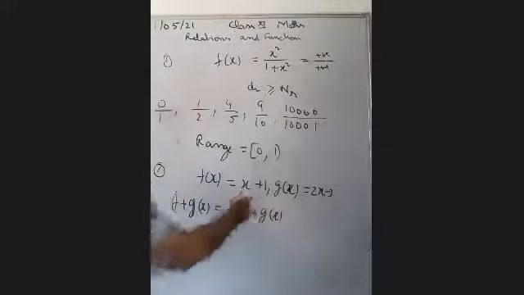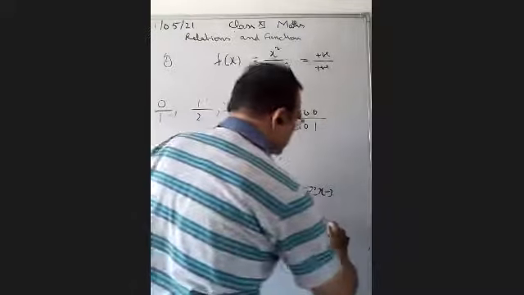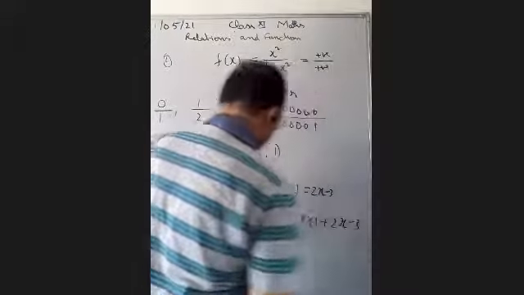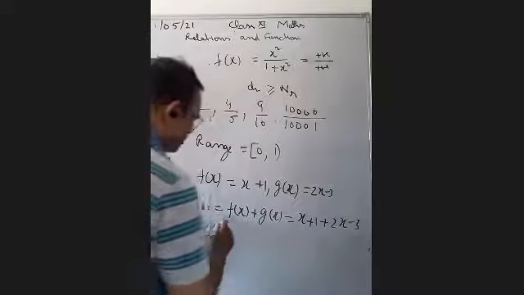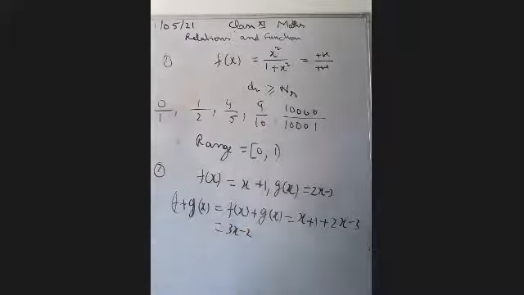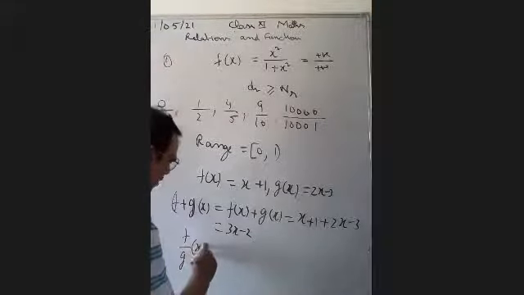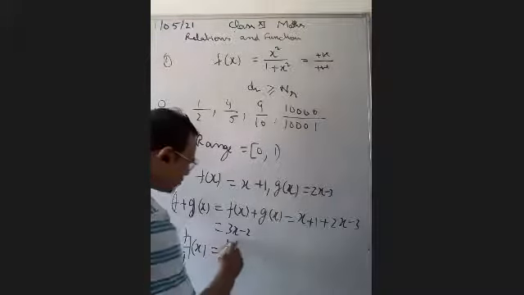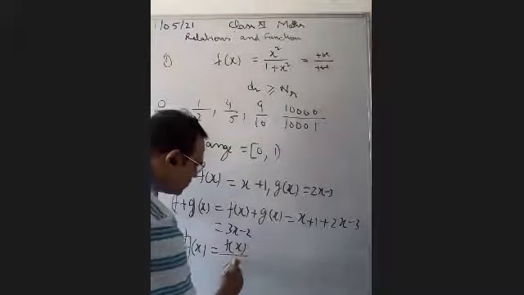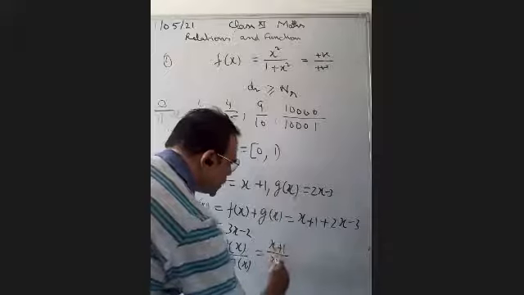ठीक है. The value of fx is equal to x plus 1. The value of gx is equal to 2x minus 3. यानी कि the answer will be equal to 3x minus 2. ठीक है. If you want to find out the f minus g, so you can subtract fx minus gx. If you want to find out the f upon g, so f upon gx means you have to find the value of fx divided by gx. So fx is equal to how much? fx is equal to x plus 1. gx is equal to 2x minus 3.